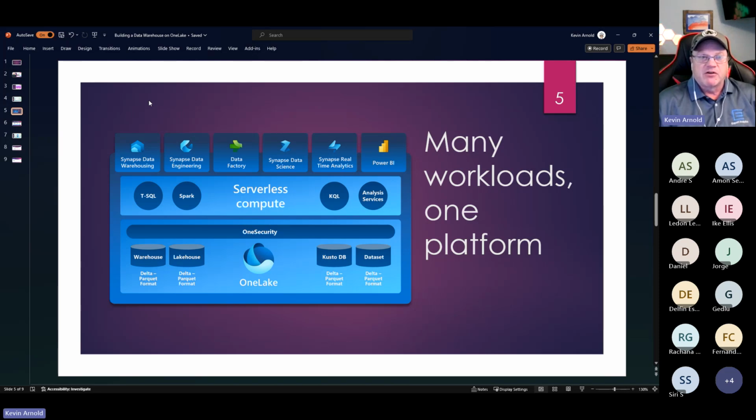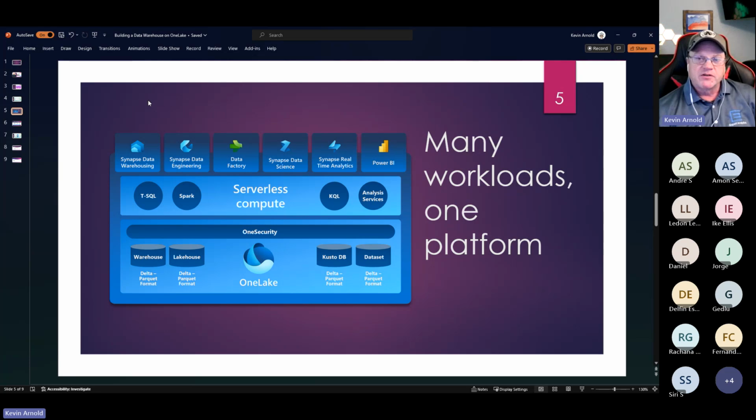You're seeing things come out called event streams and things like that go into Kusto, or a dataset, which is now called a semantic model. I should have grabbed an update of this slide. All could access that Delta Parquet format. So that's huge. That's, I think, one of the biggest things about Fabric.